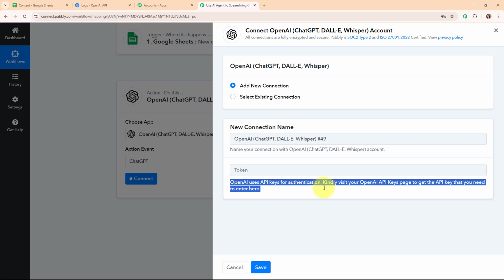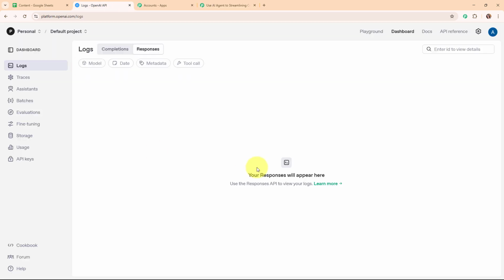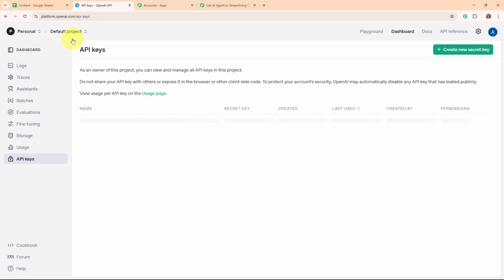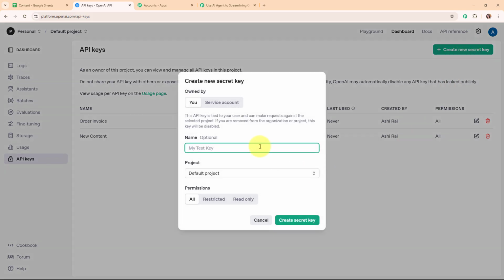So following the instructions given below, I've already logged in to my OpenAI account, and from here I'm going to access the API keys given in the left sidebar. And here under API keys you can see the existing API keys. So I'm going to create a new API key by clicking on this create new secret key, and here I'm